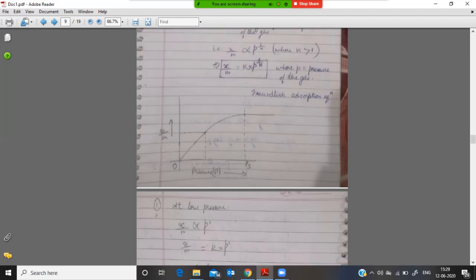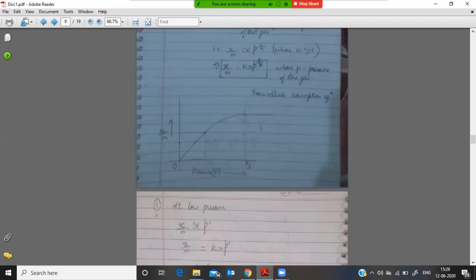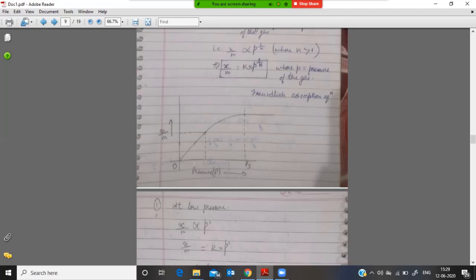Here we see, when pressure is increasing, I mean to say, when we move towards the right from the origin on the x-axis, which shows the increase in pressure, we see that near the lower or moderate pressure, the line is almost straight, passing through the origin. So we can divide this graph into three parts, that is, at low pressure, at high pressure, and at intermediate pressure.